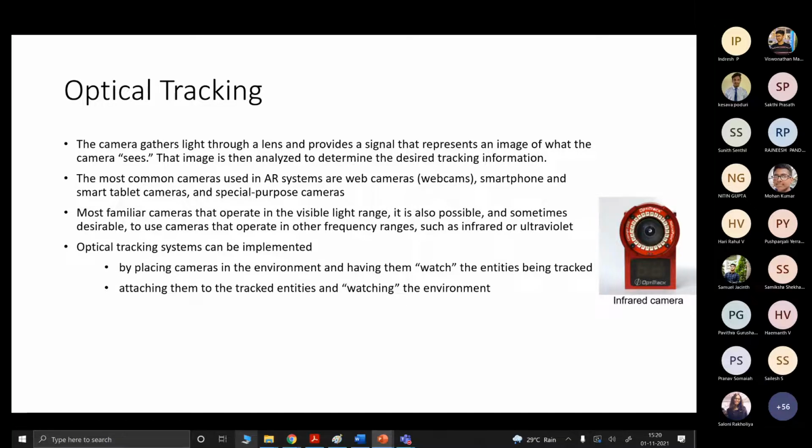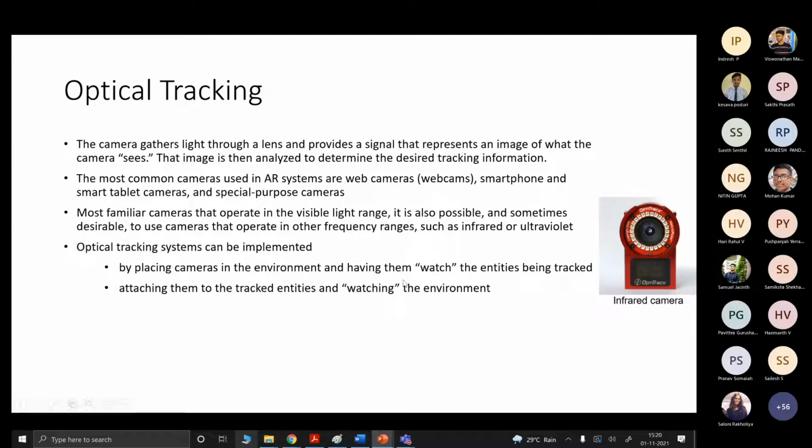In such a scenario, you can go for IR or UV cameras, used based on the application. The optical tracking system can be implemented in two ways. The first way is by placing a camera in the environment and having it watch the entire entity being tracked. And the second way is attaching cameras to the tracked entity and watching the environment.